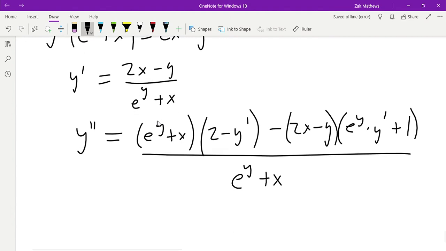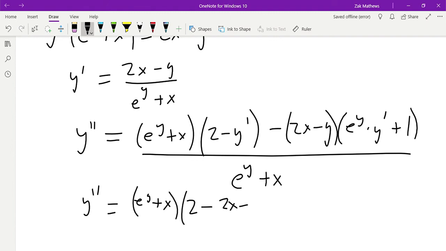So my y double prime, we have our e to the y plus x, 2 minus, and the y prime was 2x minus y over e to the y plus x, minus 2x minus y